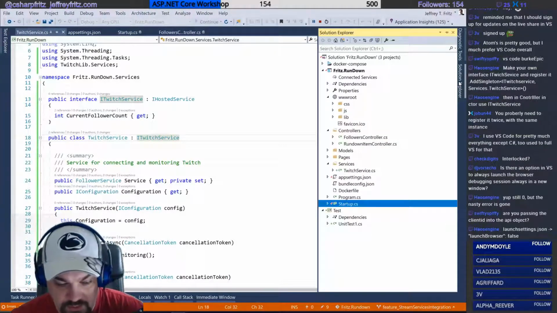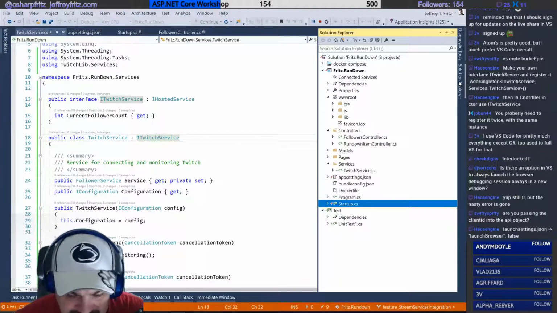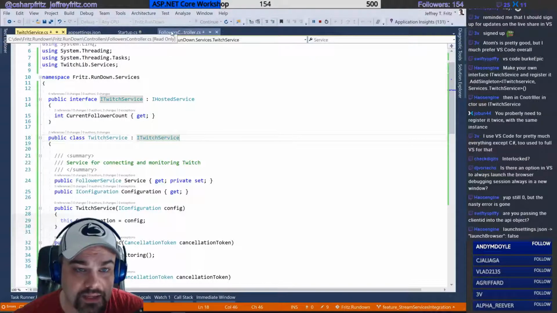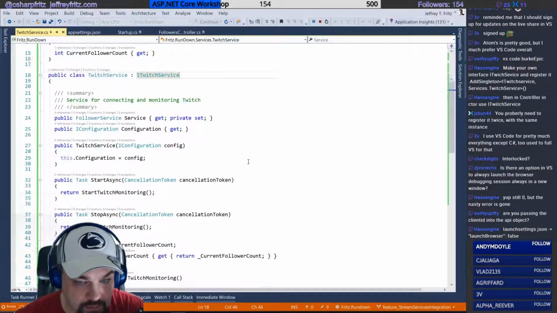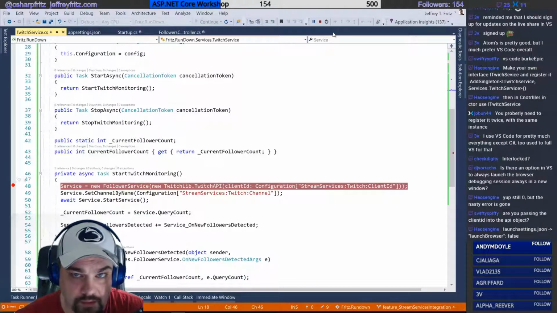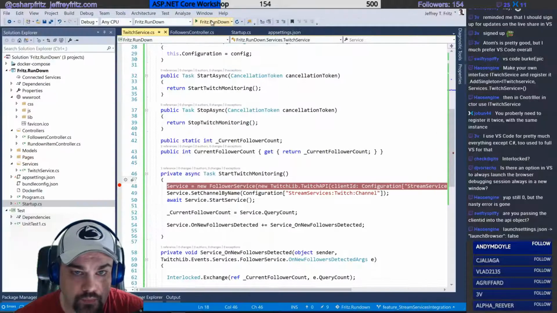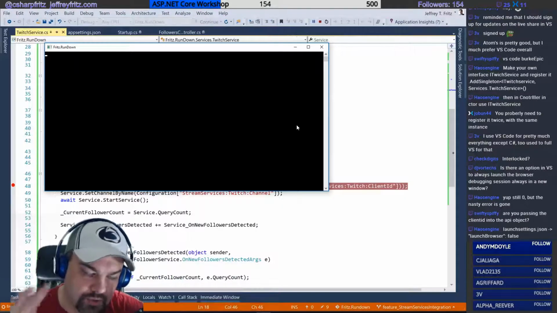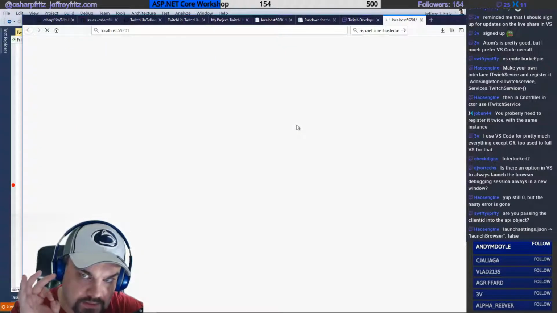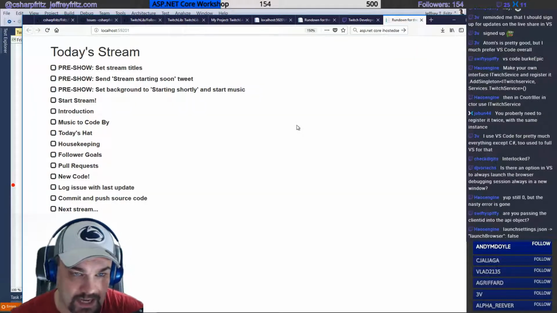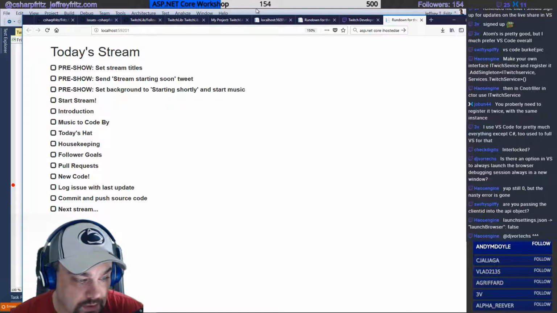Hey Ascension. You've got something there. Am I passing the client ID into the API object? I am. What's happening is it's not actually starting. Check this out. So I'm going to put a breakpoint right here and start Twitch monitoring. I'm running into this issue where I'm registering the service. If I register it as an IHostedService, it'll launch. If I try to